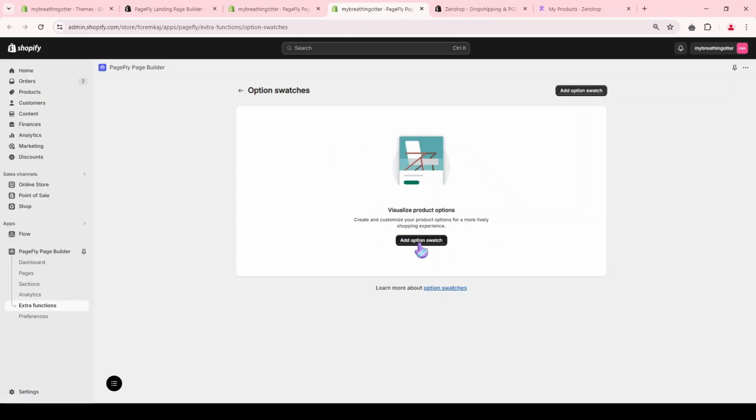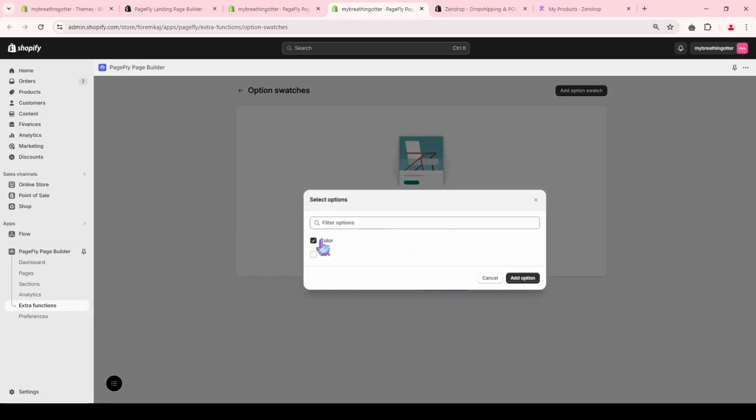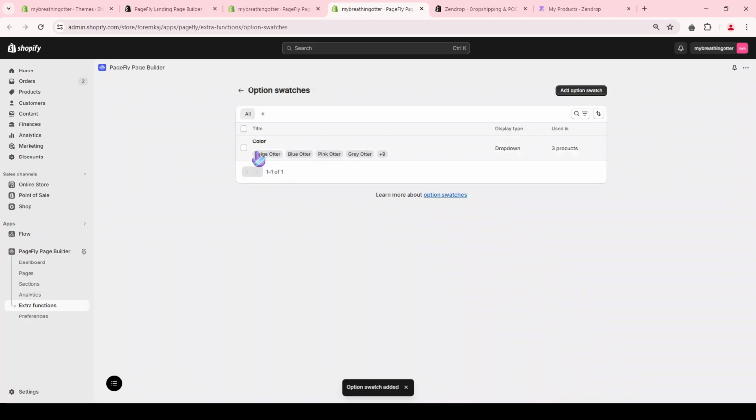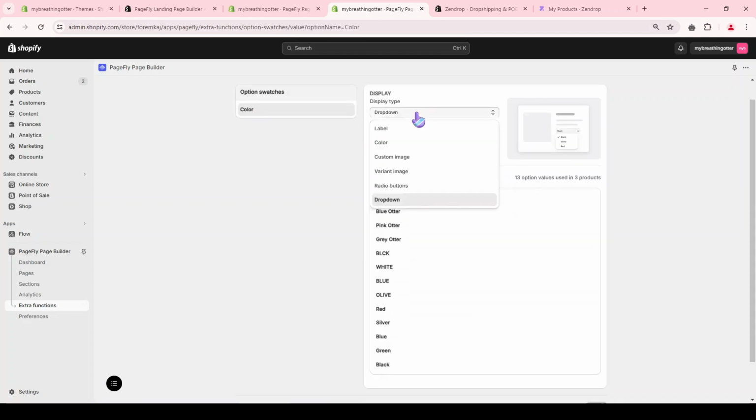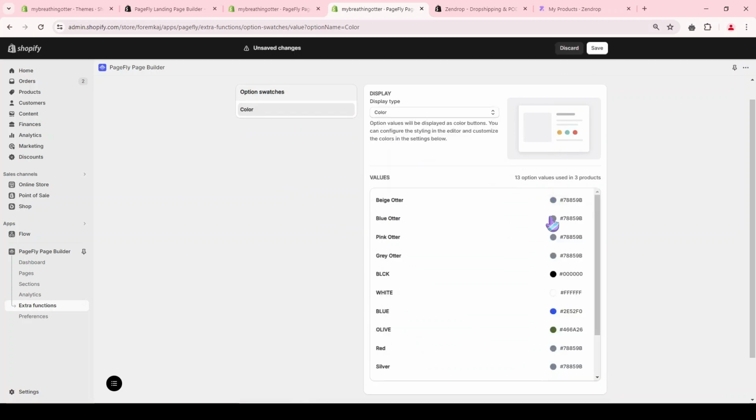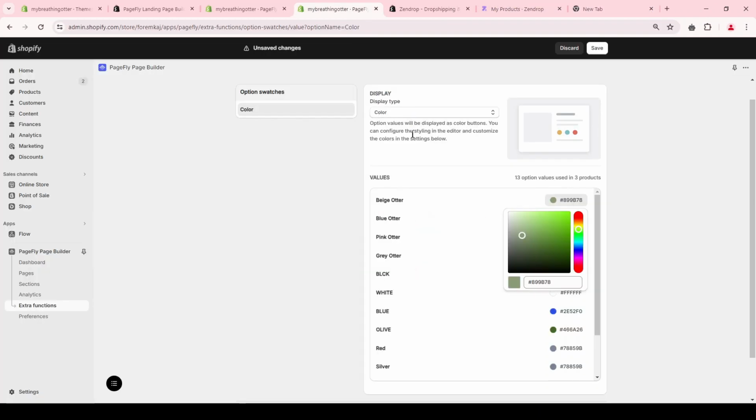Here we choose Add Option Swatch and select Color, then Add Option. Here, as shown in front of you, it will ask you what colors are available in the store. We start by clicking on them and choose Color, and then for each color, choose its color or code and write it in this area. You can choose the color from this area or come here and search and write the name of the color,